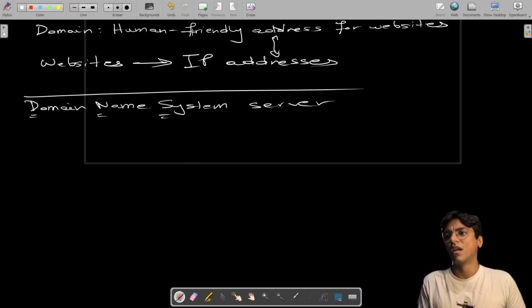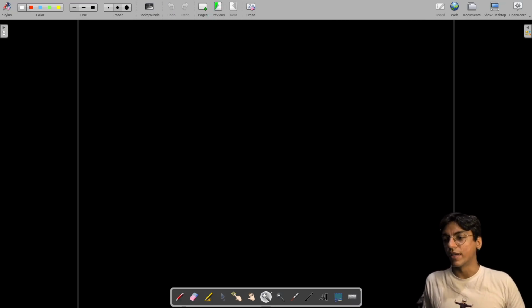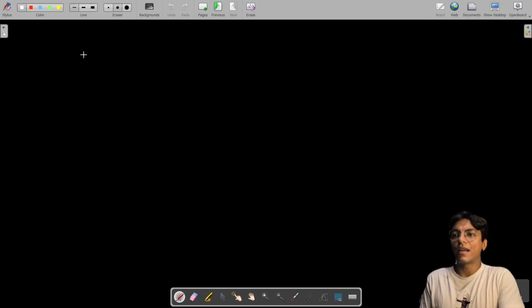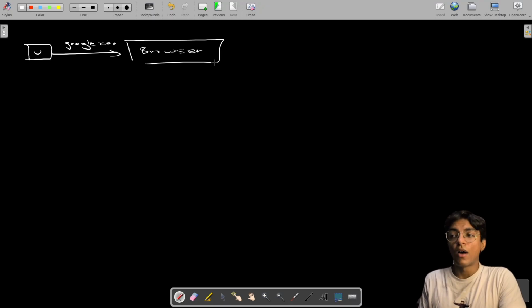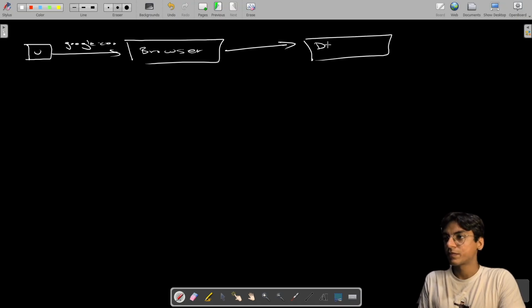But is it really that simple? So if I wanted to make a flowchart out of this, what I would say is that this is us over here. We are the user. We enter the domain of google.com in our browser. Now this browser, what it does is it calls upon the DNS system. The DNS system returns the IP address of the requested website,